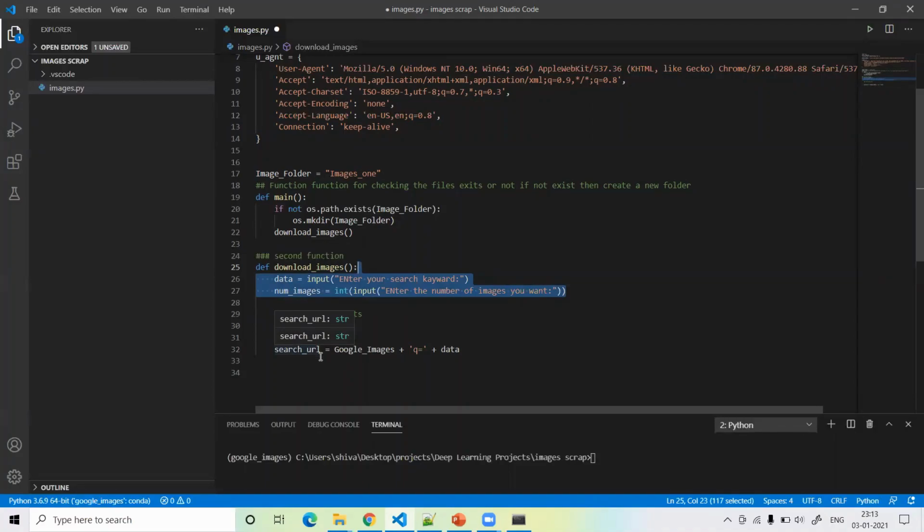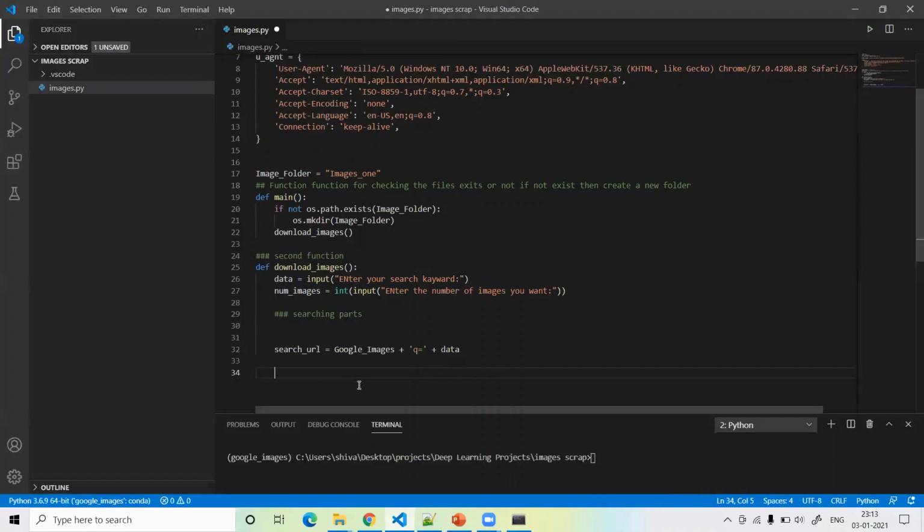After defining this search URL, guys, what can we do? We have to define the response, and we want permission from our website, from our user agent.